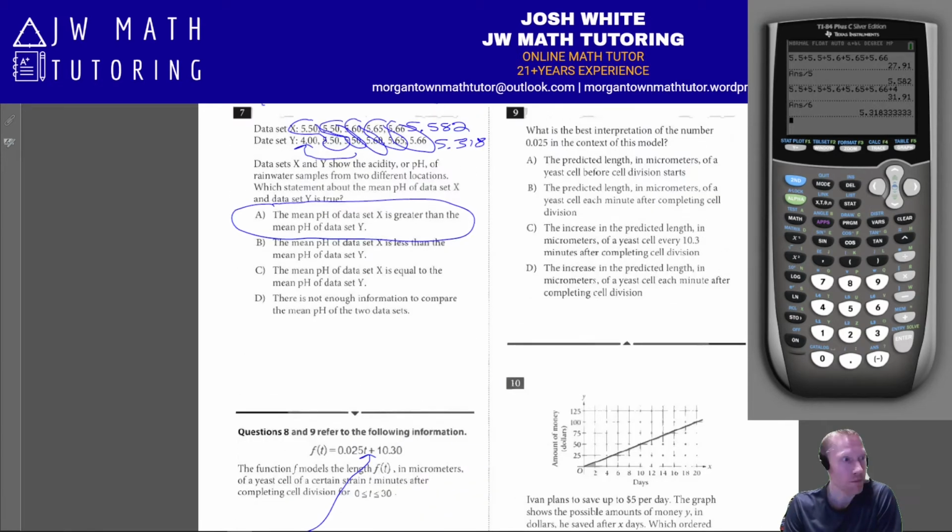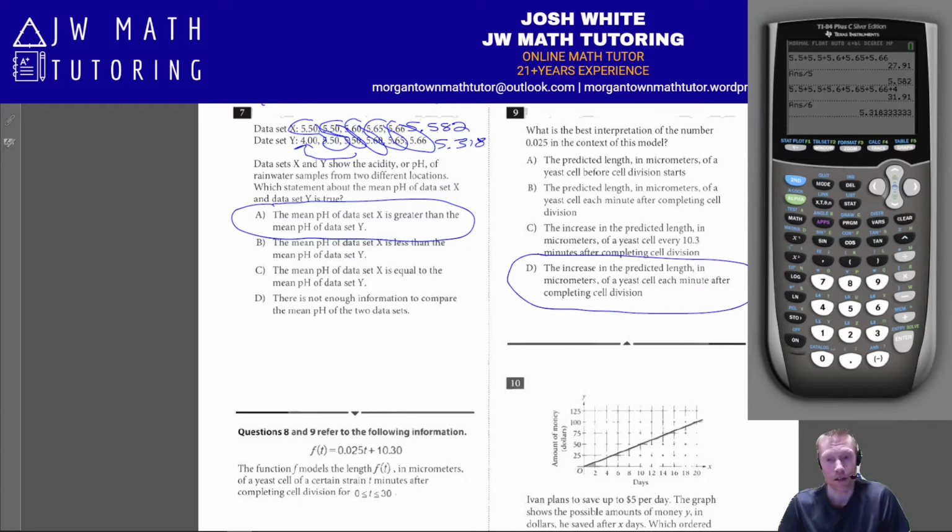Now, in problem number 9, they're asking about the value of the 0.025 that's in front of the T, what it means. So this is the slope of this line, but really, slope is the same as a rate of change. So essentially, the slope or the rate of change will tell you, in this specific example, how much the y is going to change for a 1 unit increase in the x. Or in this case, it's a 1 unit increase in t. So if you look at the possible answer choices, it's going to be D,